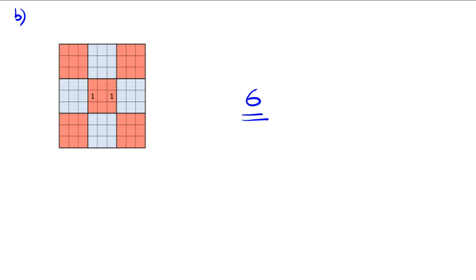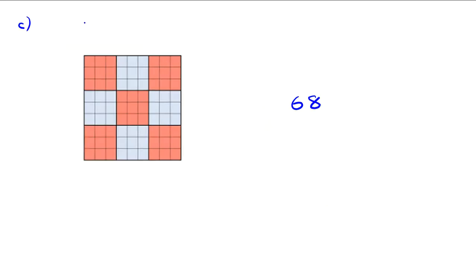Now, let me tell you the last part, part C. This is harder. You should use part A and part B for solving this. And reaching 68 is not easy. But I can show you how you can reach this answer, 68, for part C. If you want to know how we proved the answer is 68, not less, not more, exactly 68,